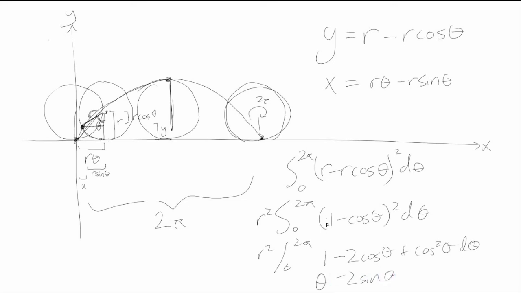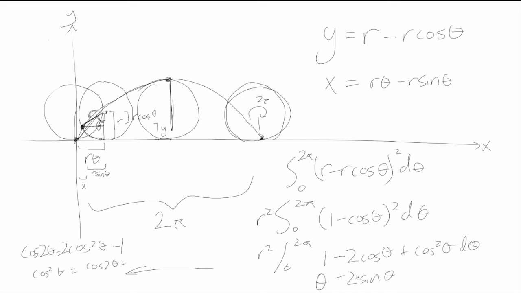But we run into sort of a problem here actually. How do we integrate this? Keep in mind that cosine 2 theta equals 2 cosine squared theta minus 1. So cosine squared theta equals cosine 2 theta plus 1 over 2. We know how to integrate cosine 2 theta. That's just the chain rule. So actually this sort of simplifies into